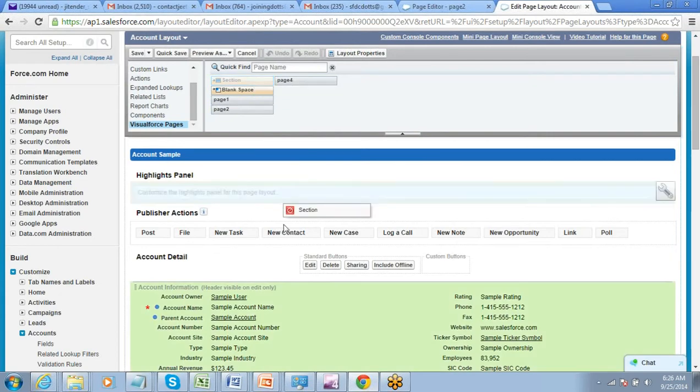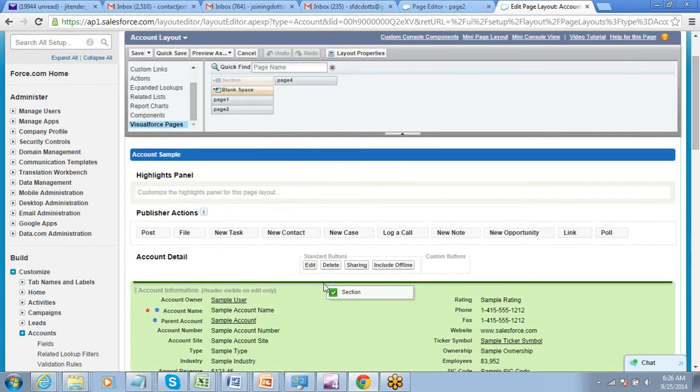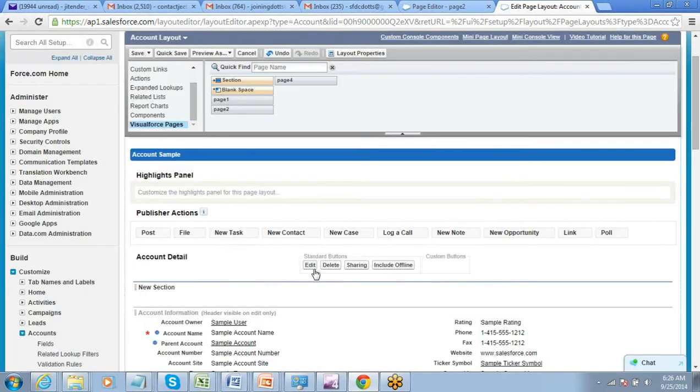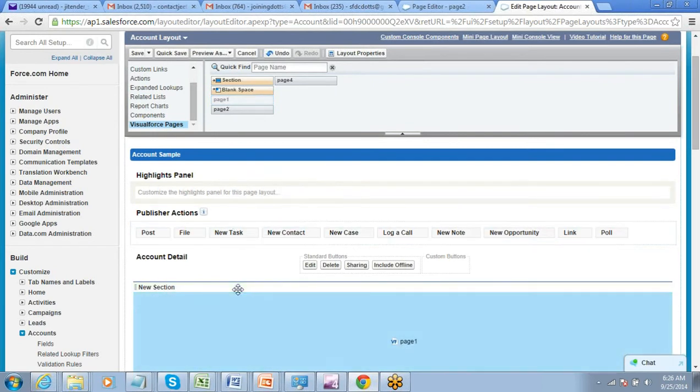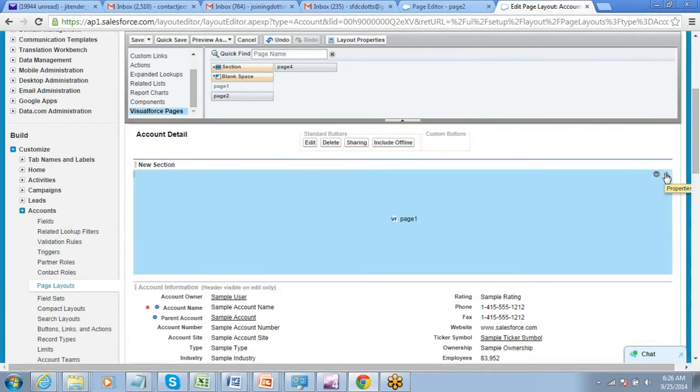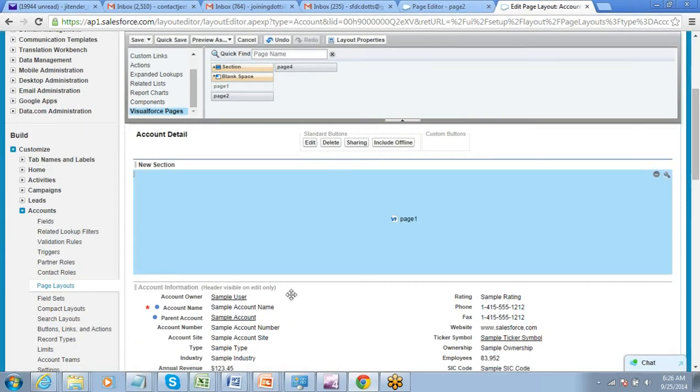So let's say you want to bring in a section here, a one column section, and then bring page 1 here. Okay. So this is the page that you have designed. This got entered here.